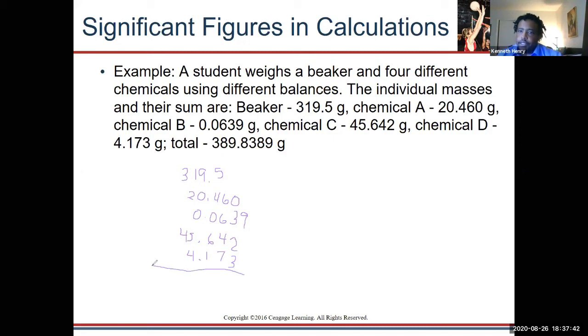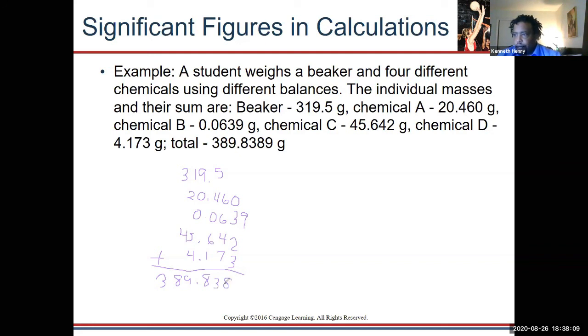We add them all together. And the answer is going to be 389.838